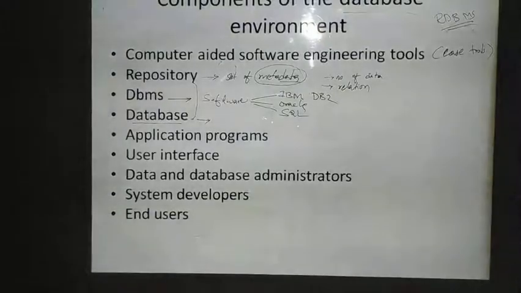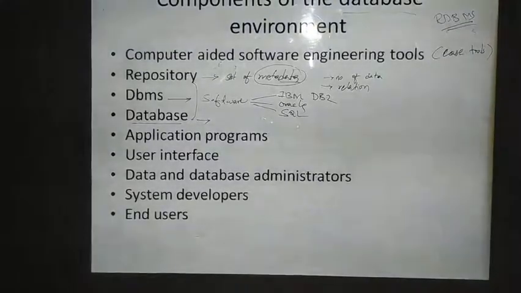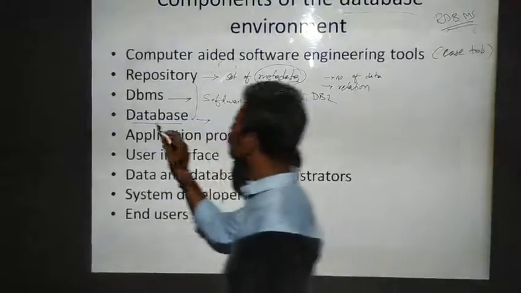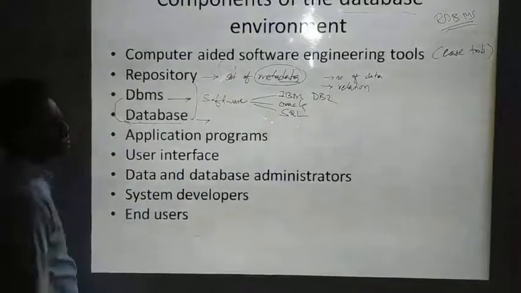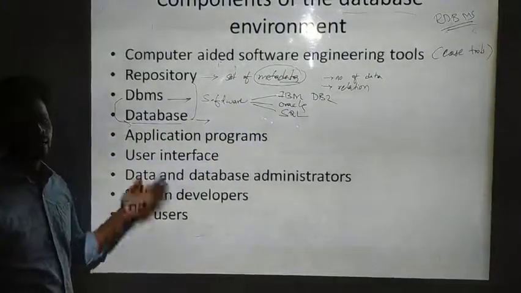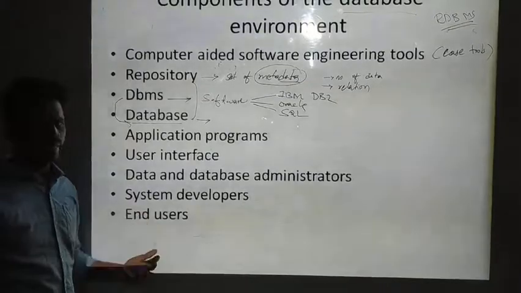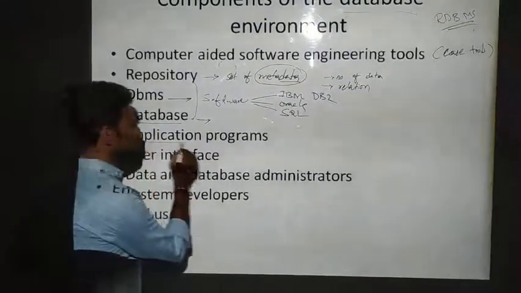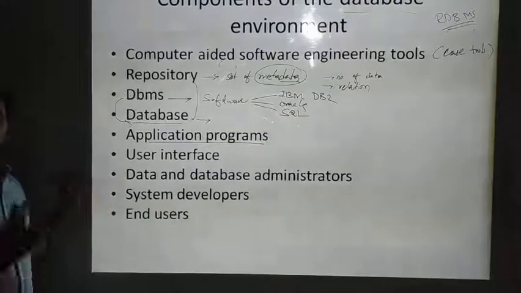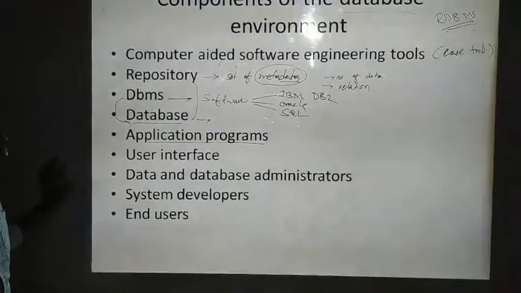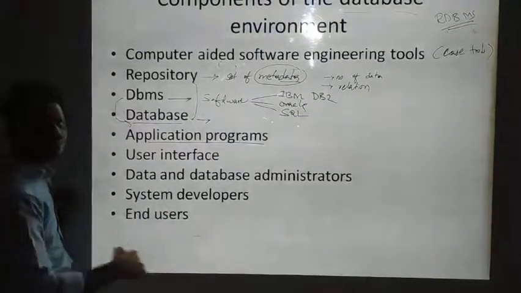Okay, and after that you are having application programs. It specifies the computer programs useful for creation and maintenance of the database. See, everyone will not be having the idea about the database management system and the database. They may not know about Oracle, they may not know about SQL. Those who are not having any knowledge, they will be using what? Application programs in order to retrieve the data, in order to access the data. We will be using the application programs. They are interfaces, I can say, right? By using them, we will be accessing the data from the database and we will be updating the data into